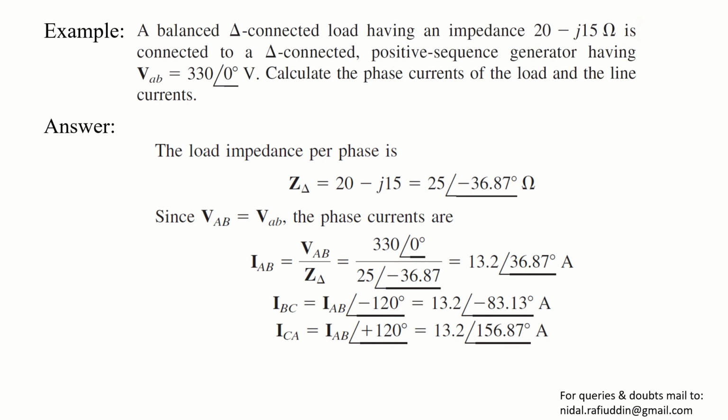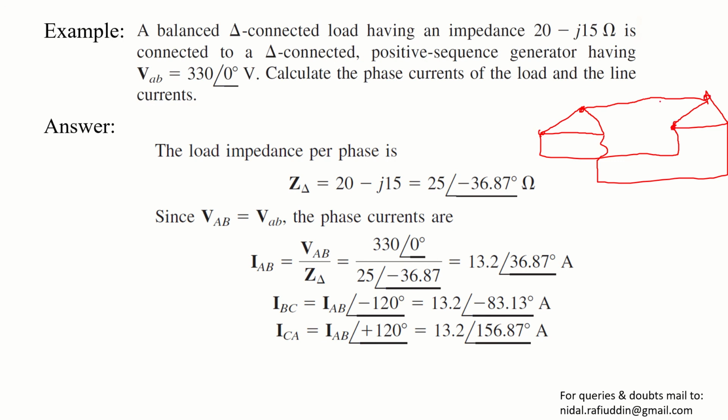तो इम्पिडेंस दिया हुआ है, डेल्टा लोड है आपके पास में, डेल्टा सोर्स है, उन दोनों कनेक्शंस को आप कर दीजिएगा। पर फेज इम्पिडेंस निकाल लिया जेड डेल्टा, इसको पोलर फॉर्म में कन्वर्ट कर लिया, और वी ए बी क्योंकि डेल्टा कनेक्टेड सोर्स है तो सोर्स और लोड साइड वोल्टेज सेम होगा डेल्टा के केस में। इसको भी बना लेते हैं। अब आपके पास में डेल्टा सोर्स है और डेल्टा लोड है। ठीक है, तो इन दोनों टर्मिनल्स में जो वोल्टेज एग्जिस्ट कर रहा है वही वोल्टेज यहाँ पे आ रहा है।